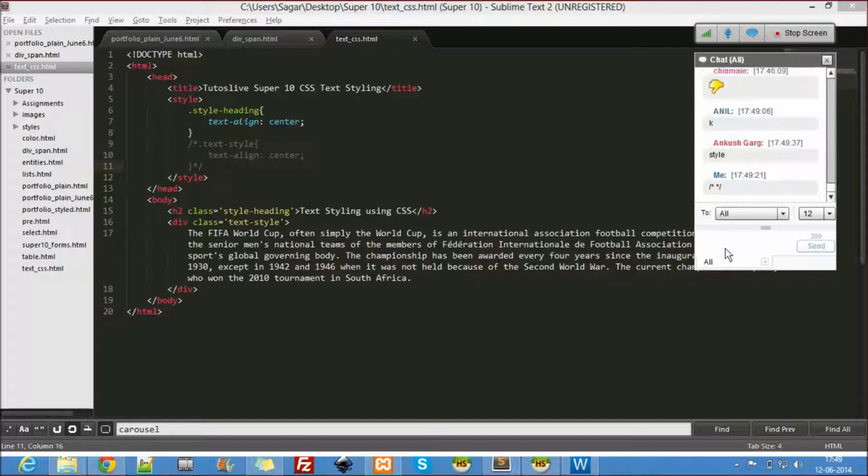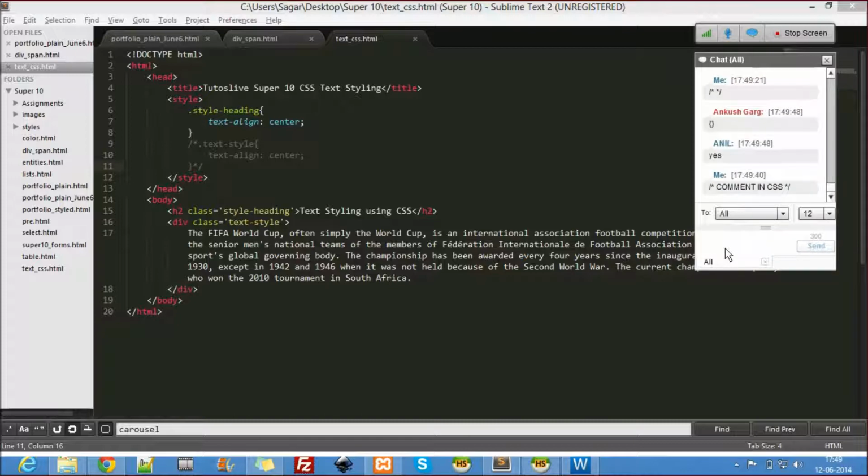Did you notice these two symbols? That's how a comment is. A comment is something which goes inside this. This is a comment in CSS.